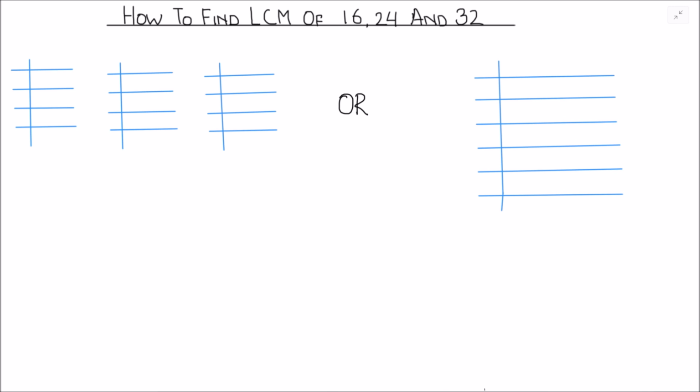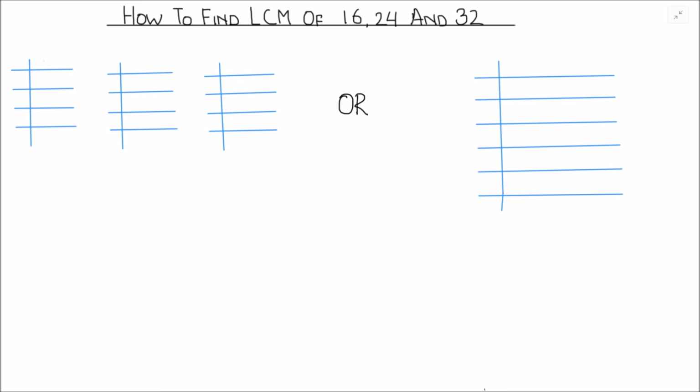There are basically two ways in which you can find the LCM of three numbers. First way is to find the factors of the numbers separately and then find the common factors and take the multiple of these factors to find the LCM. The other method is to divide the numbers together in a single ladder. I am going to show you both the methods in this video.